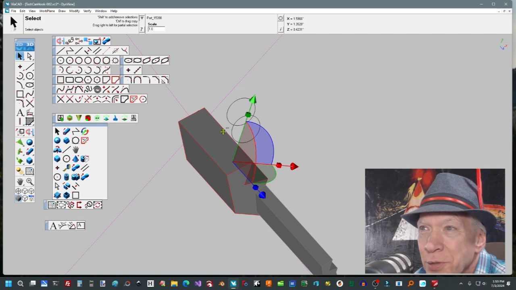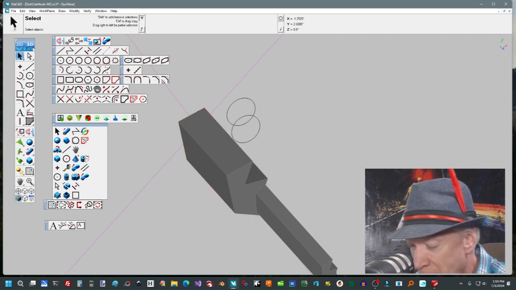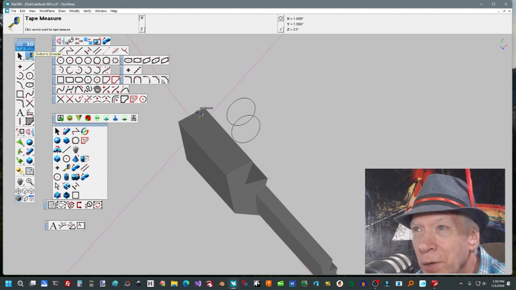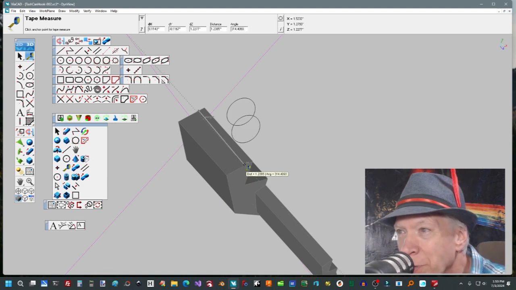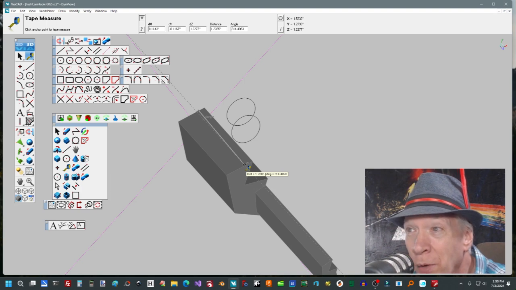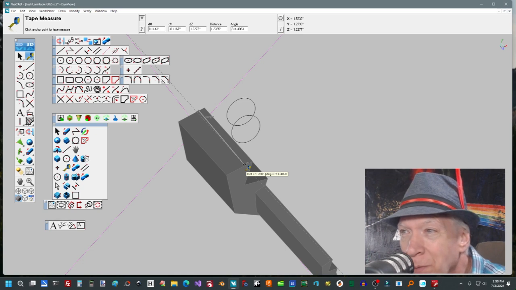I want it 6 inches or 3 inches, but no. I have to hit F4, use my ruler, and say, okay, what is this? So it's 1.23, and I want it 1.5. Okay, why can't, so I want it,